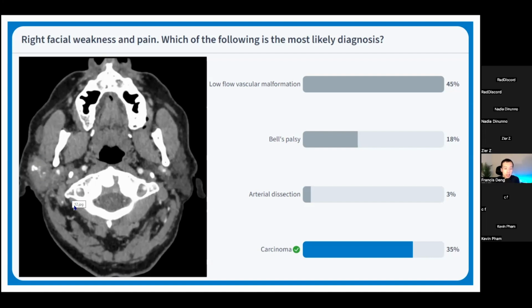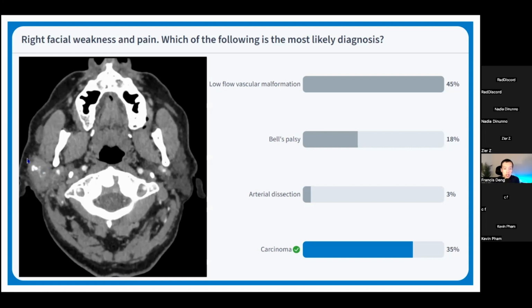So what we see on the CT image is this abnormal soft tissue density within the right parotid gland. So this is the normal density of parotid parenchyma. It should be somewhere in between water density and muscle density, because it's a mix of soft tissue, but also a lot of saliva held within the stroma and the parenchyma of the parotid cells. And in this case, we see this abnormal density that is closer to that of muscle density,